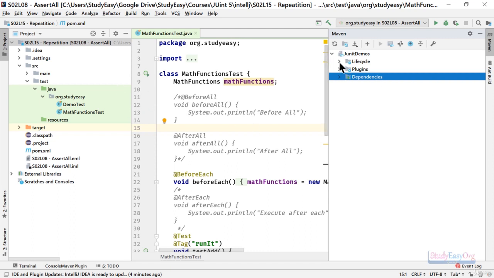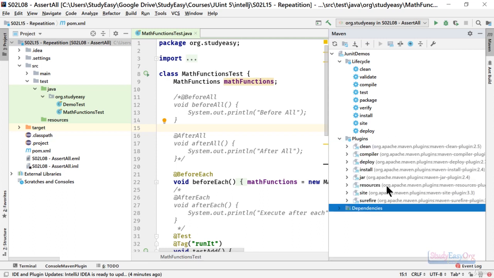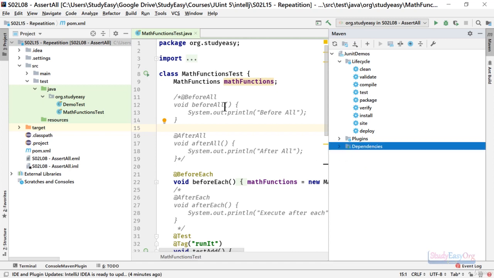Now one of the submodules is lifecycle. Definitely there is also plugin, we can see that. And we have installed this Surefire plugin, enabling us to run the JUnit tests directly from Maven. So plugins are there, dependencies are there in our existing project, and using this lifecycle option we can perform